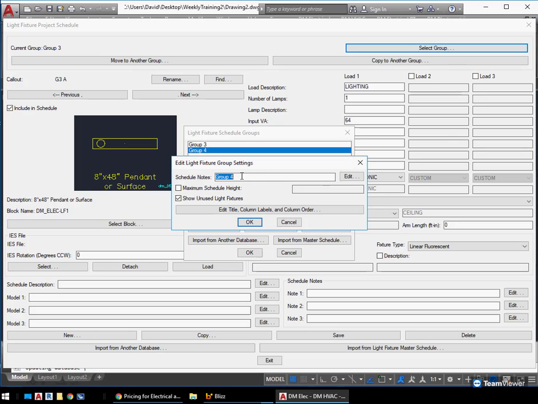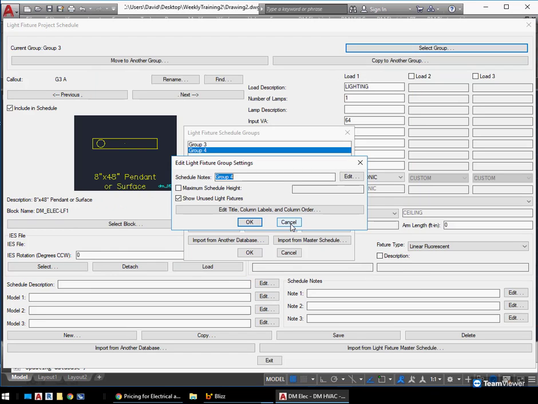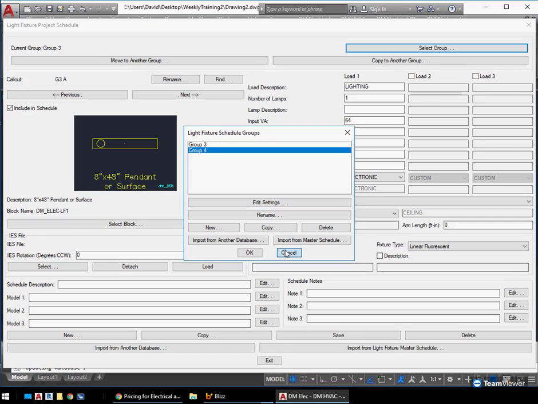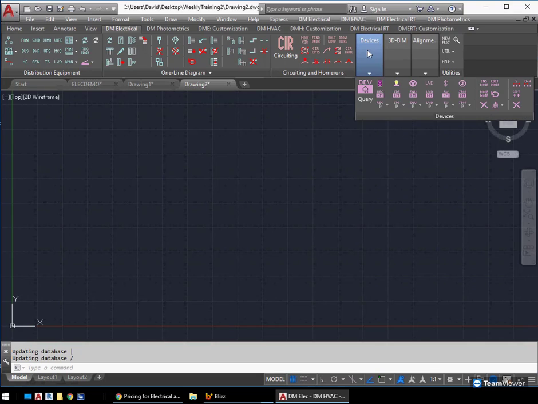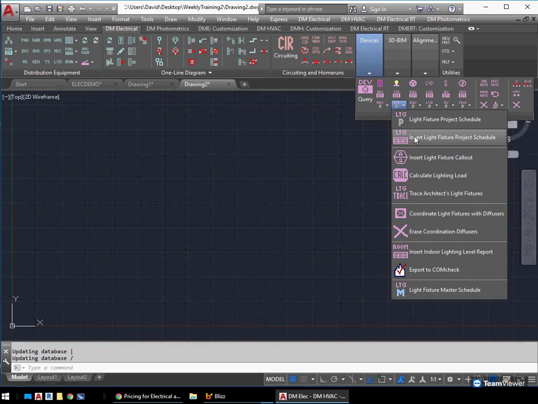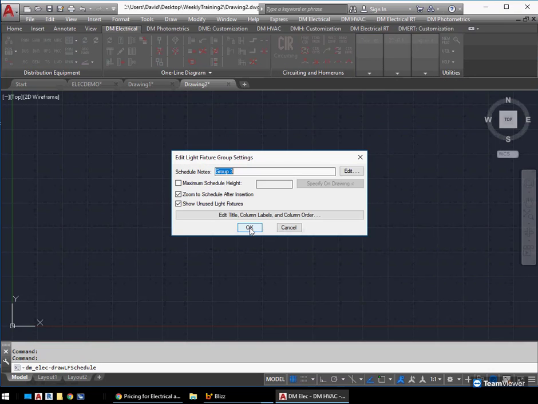In the same way, if you look at Group 4, it has the Group 4 note, and the columns down toward the bottom were the ones that we left checked, so those were what got imported. And now if we actually insert that schedule on the drawing, you'll see that it has the different columns defined there. So if we run the Insert Light Fixture Project Schedule, select Group 3,